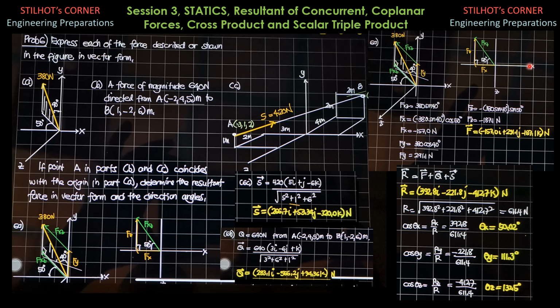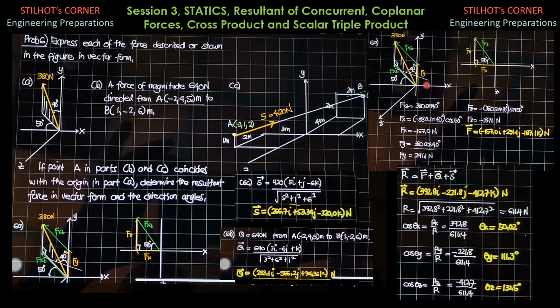So this is still the x-axis, and because this is the top view, this is the z-axis, the positive z direction. So this is Fxz, which is 380 sine 40 degrees. This is Fx, which is leftward, so it's negative. This is Fz, which is opposite to the z-axis, so that's also negative. So from the figure, Fx is hypotenuse Fxz, negative because Fx is leftward, negative 380 sine 40 degrees, times cosine of 50 degrees, because that's 50. Fx therefore is negative 157.0 newtons.